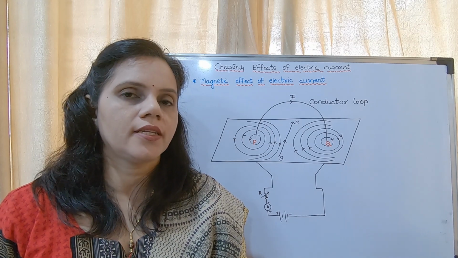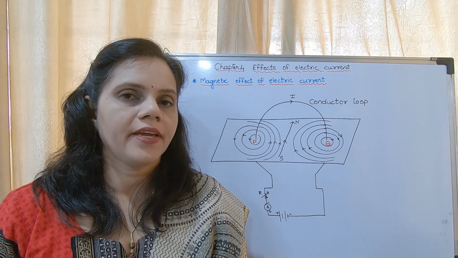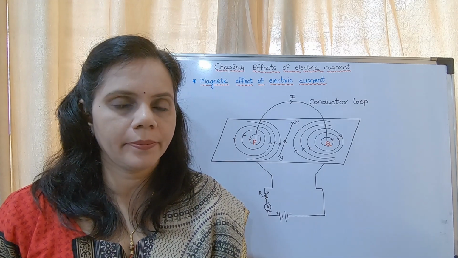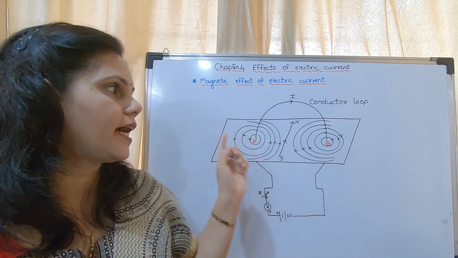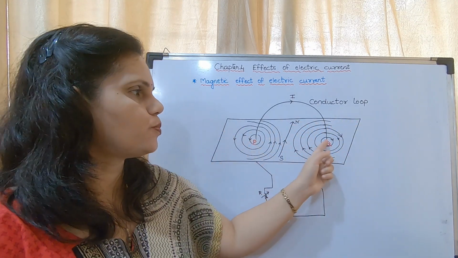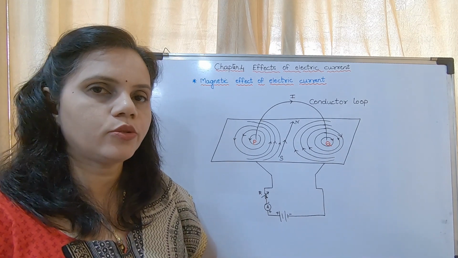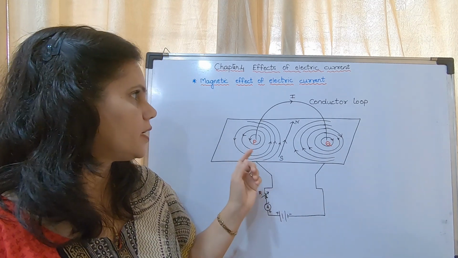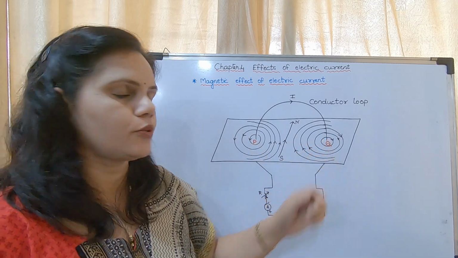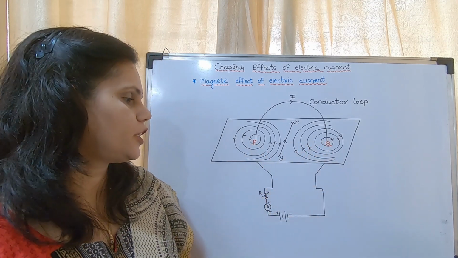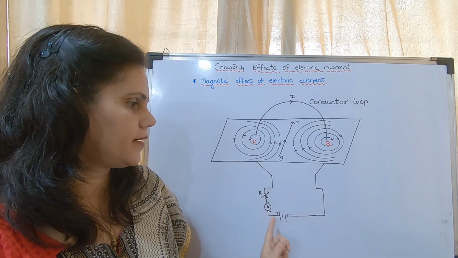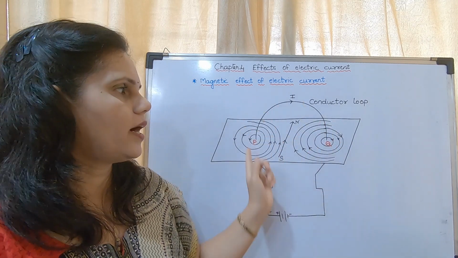Okay, so in the first experiment we had studied about a wire which is passing through a cardboard. Okay, do you remember? So this is again a cardboard. There are two holes made on the cardboard. Now these two holes are named as P and Q. Now this is connected to a circuit. This is the wire.